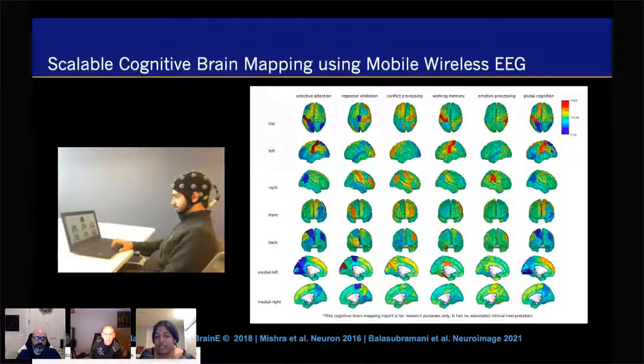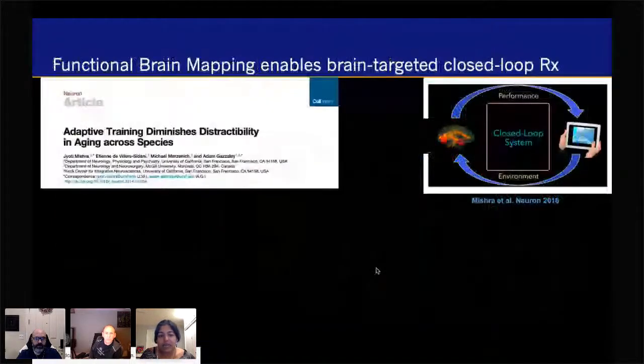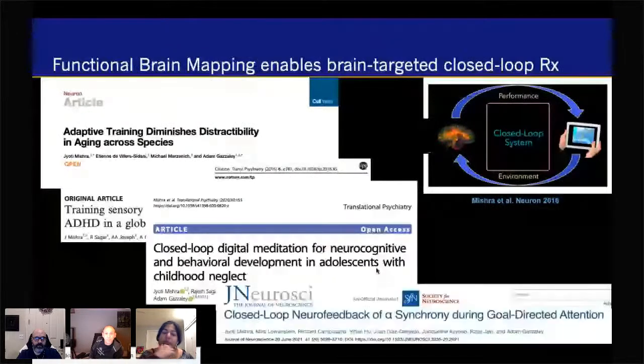But one can readily see here that in the cortical space, this person has some lesser processing going on, especially in the parietal regions and in the lingual regions and so on. So this kind of analysis now lends itself to individual brain maps, and one can think about, hey, could we target something that can change processing in these specific brain areas that this individual is showing atypical processing on. So, and this is work that I also did at UCSF at the Neuroscape lab, many papers, which essentially